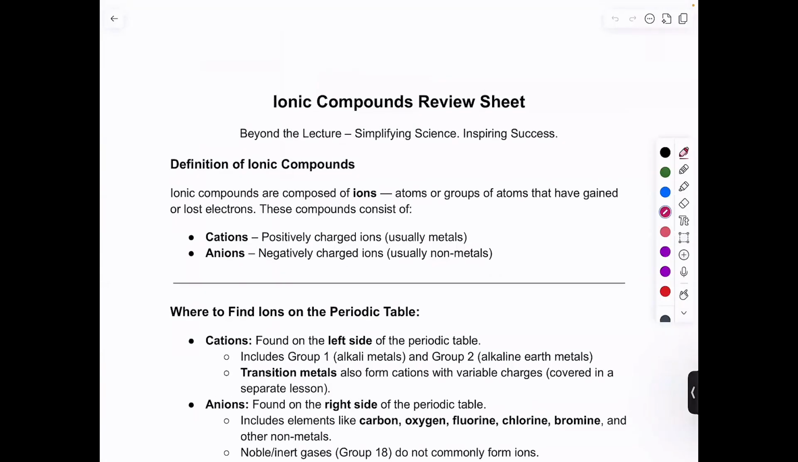Hey, this is Angie with Beyond the Lecture, and today I am going to take you through ionic compounds and how to identify them, how they're formed, and also how to name them and derive formulas from